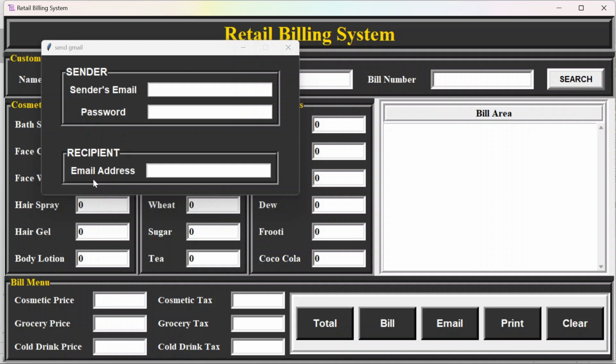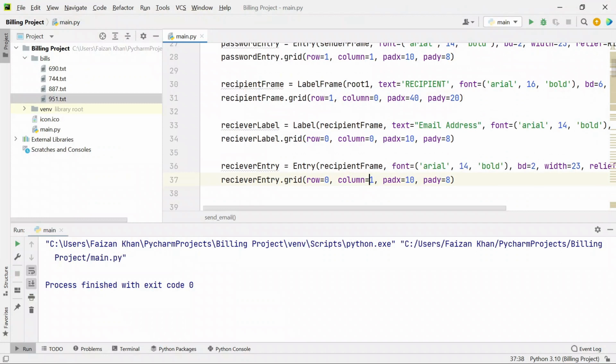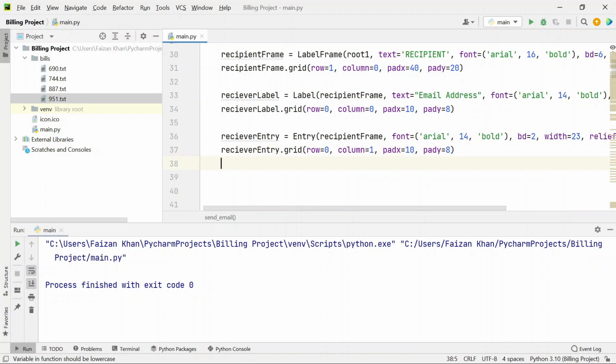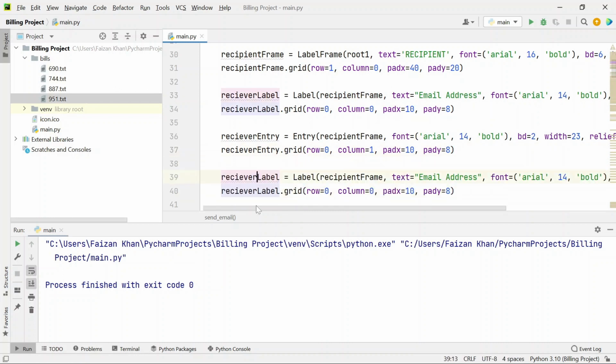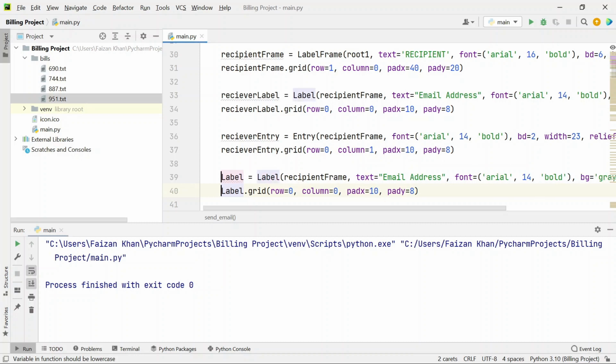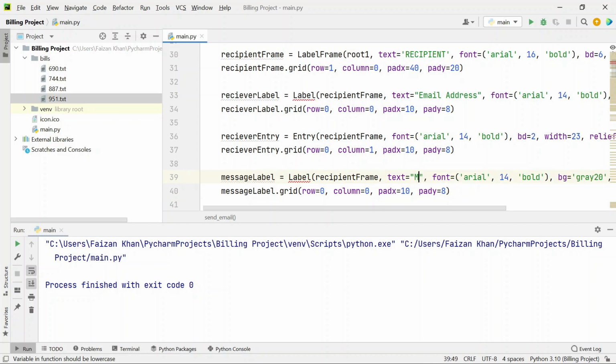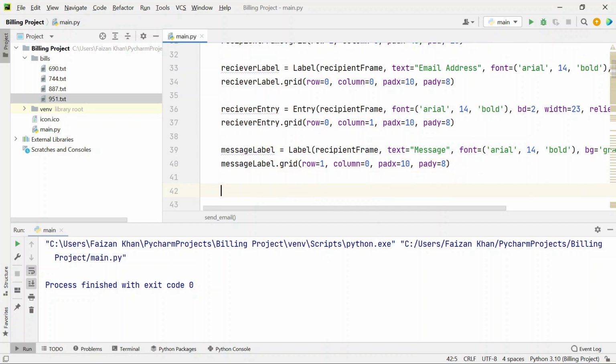Okay, after this, in next row, the label will be message, and in the next row we will insert one text area inside which we will insert the bill data. Okay, so I'll copy one label and this will be message label. The text will be message. Okay, row value will be changed to 1, and just next to it we'll have to create a text